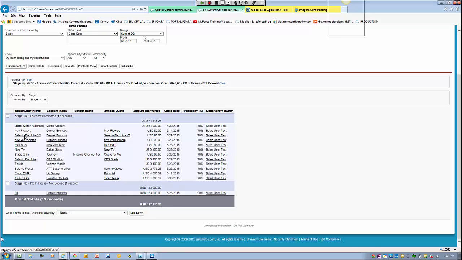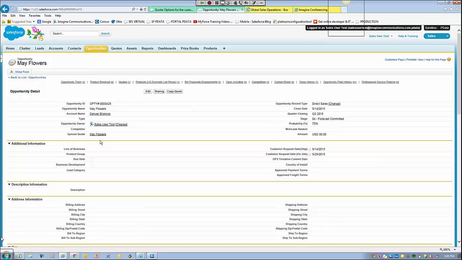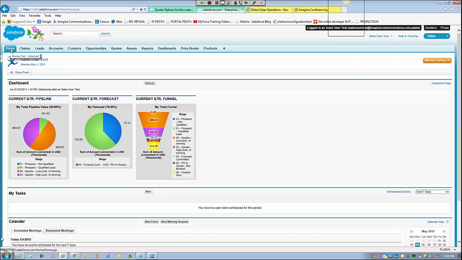So I can go back here from this page and jump into the Mayflowers opportunity, for example. So again, a shortcut to where you can actually make some actionable clicks from looking at data versus just pretty charts, which is kind of nice. All right, so